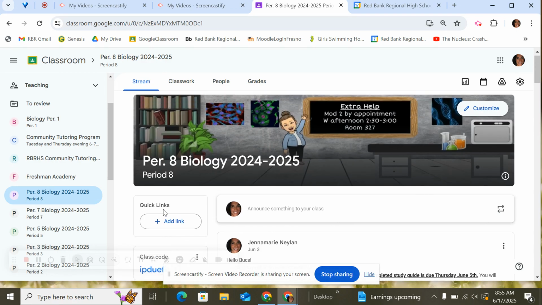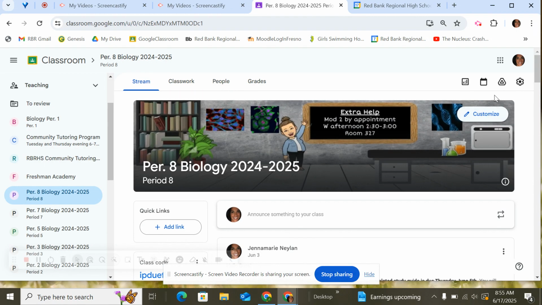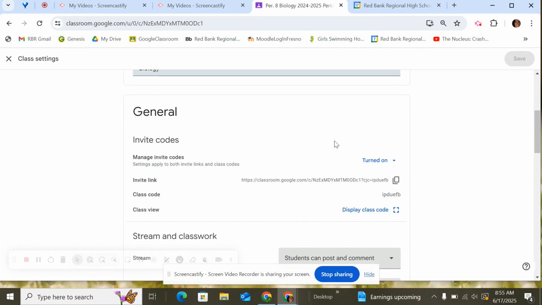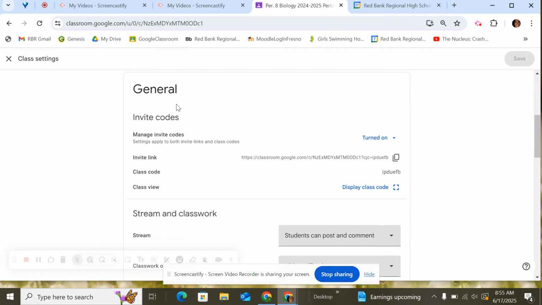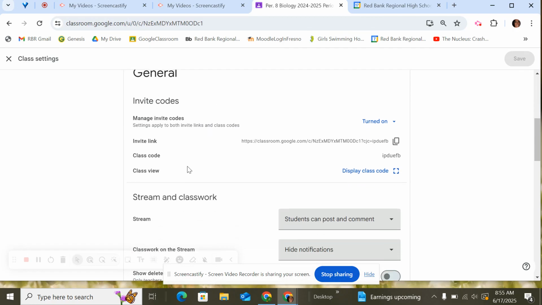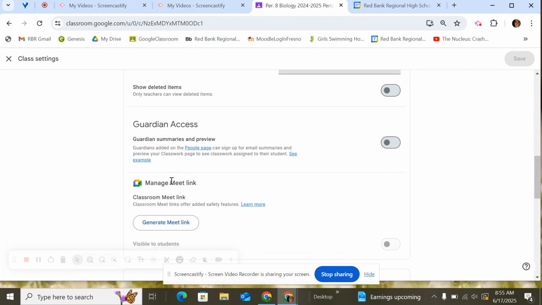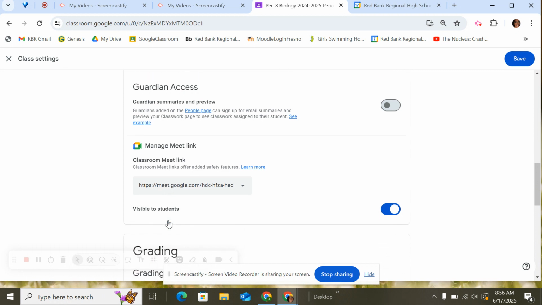What you're going to do is scroll over to the gear icon, which is class settings. You're going to click on class settings. You're going to scroll down, and in general, as I keep scrolling, I'm going to see Manage Meet Link. Classroom Meet Link, you're going to click Generate Meet Link. That is going to give you a generated Meet Link